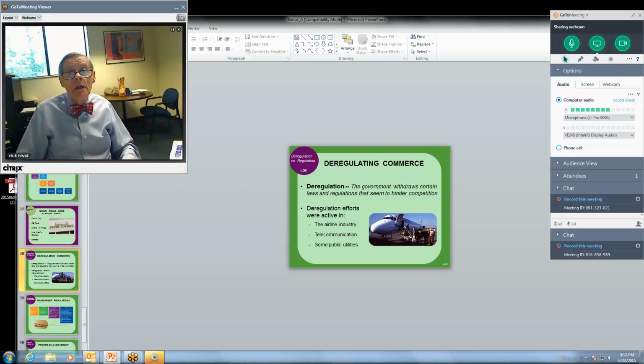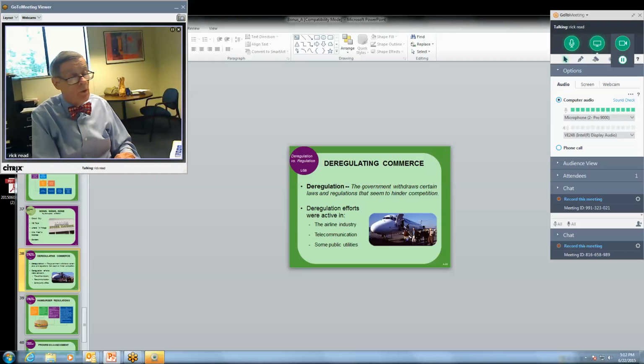Deregulation is the bane of many people. They believe that deregulation will promote competition and that those companies that are not nimble and efficient will go out of business. There are other people that claim that deregulation has simply hijacked the consumer, with higher prices. And notice here, you see the picture of the airline. A lot of people will tell you today that airlines are no more efficient than they ever were, and the cost of flying on airplanes has continued to go up, and services continued to decline.